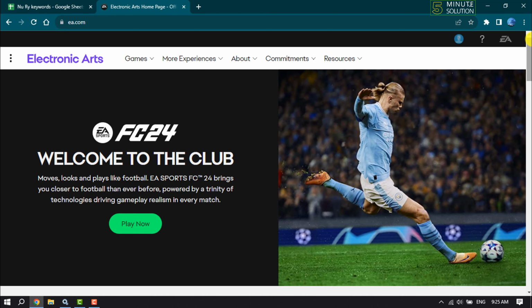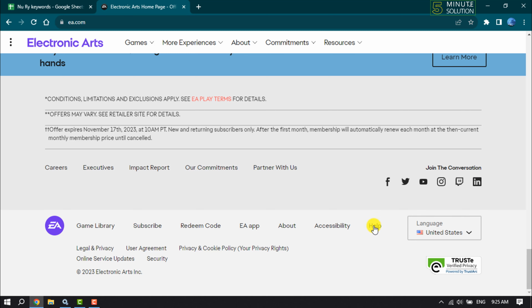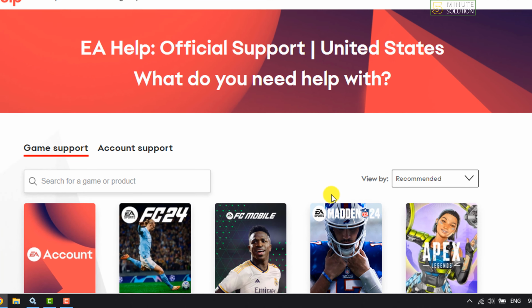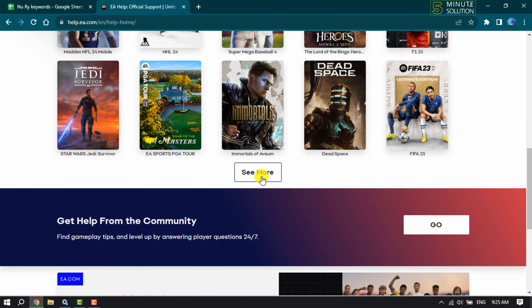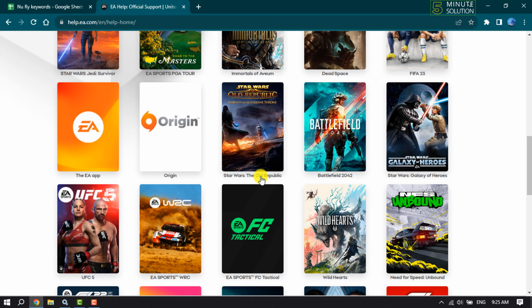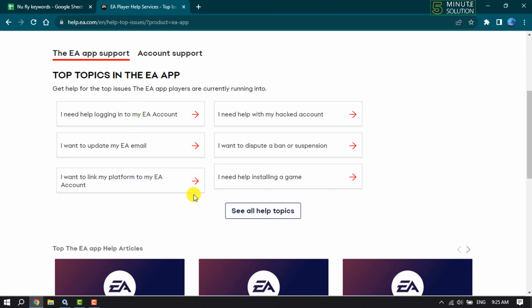Once you sign in, scroll down all the way to the bottom and here click on help. And once you are on this page, scroll down and click on see more, and you have to find the EA app option. So click on that, and here click on see all help topics,